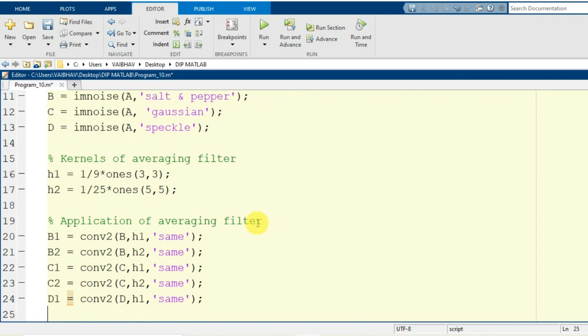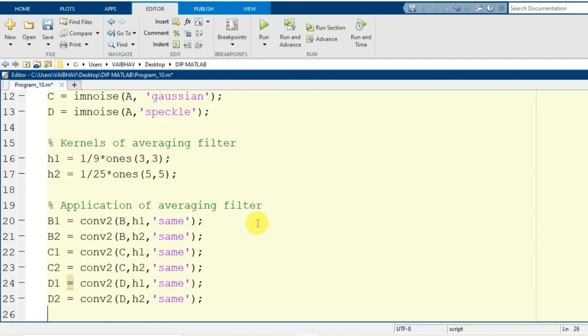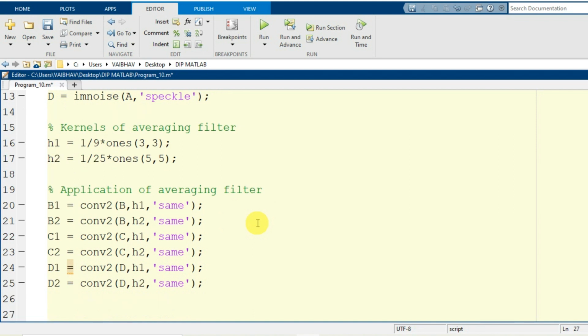By the next line I write D2 to be generated by conv2, in the bracket capital D comma H2 comma the keyword same here. So this is the averaging filter on the three types of noise added to the original image, by two types of averaging filter mask of corresponding dimensions 3 by 3 and 5 by 5.